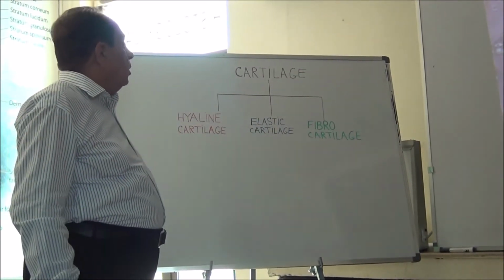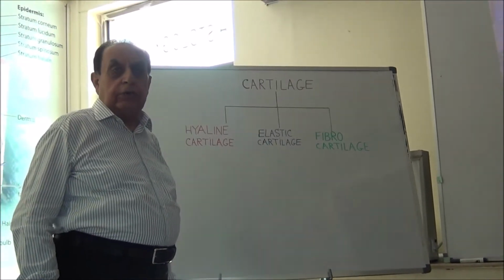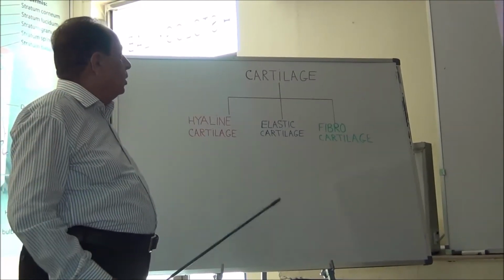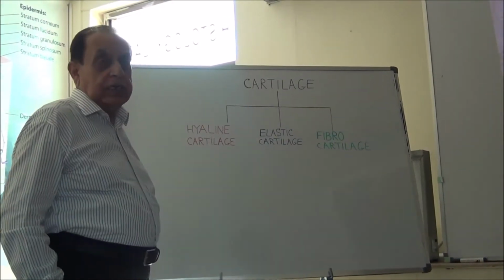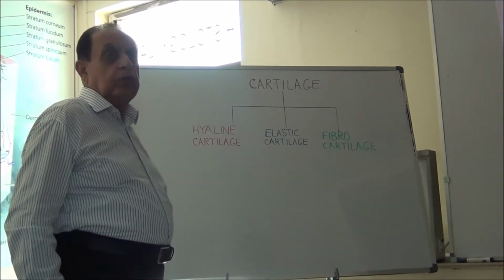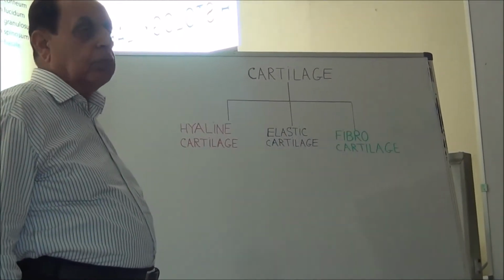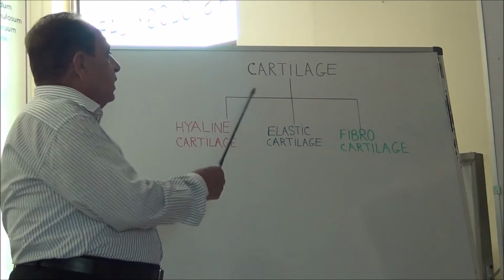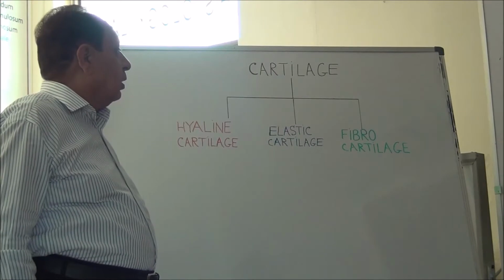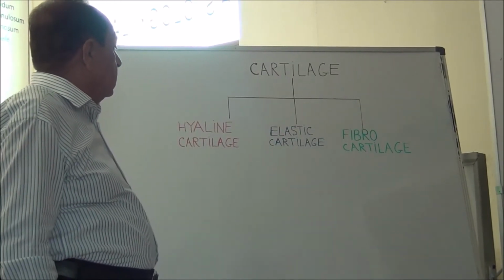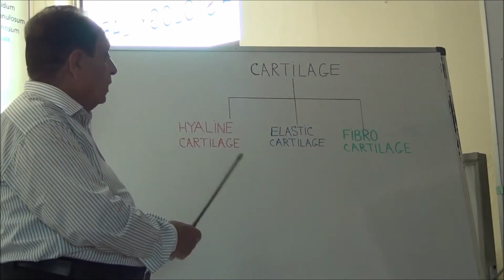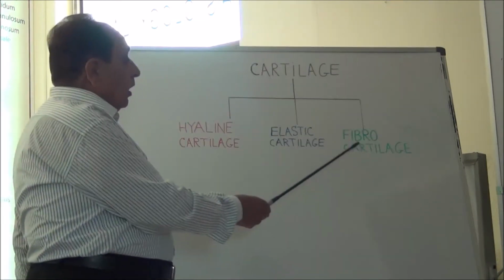Now, we were studying about the connective tissue. After connective tissue proper, now we will study about the cartilage. The adult connective tissue is of three types: connective tissue proper, cartilage and bone. Now the cartilage, that is the firm type of the connective tissue. Now this cartilage is of three types called hyaline cartilage, elastic cartilage and fibrocartilage.